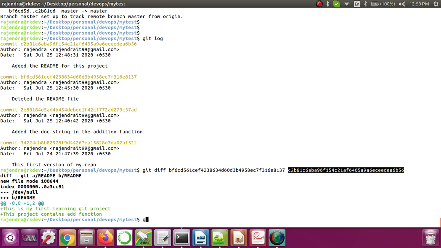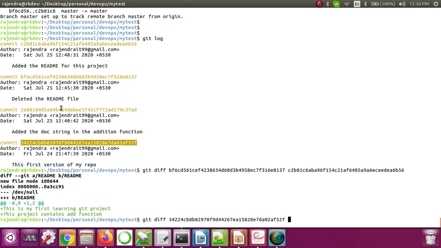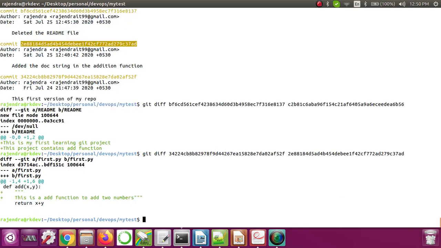Now if you see the difference between these 2 commits, there should be a docstring difference. Let me show you that. Git diff, this is my old commit, and then this is my recent one. Now if I run this, you can see that what all the changes happened is the docstring. The 2 lines got added, and here the change is the docstring. So this is how we can use all these 7 important commands. Mostly these 7 important commands get used in every project.